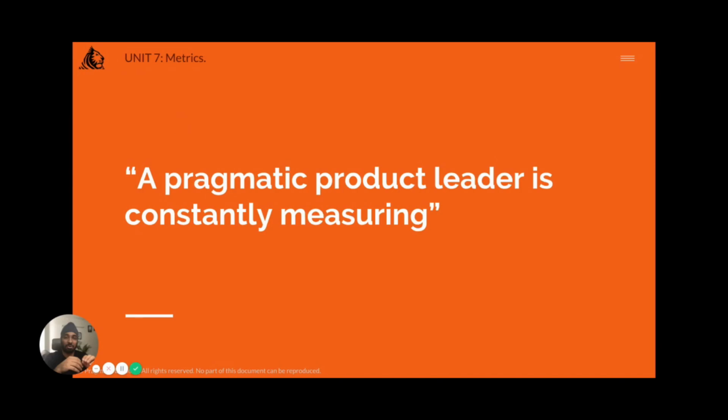Okay. Think of it like this. There are 52 weeks in the entire year. With an average sprint cycle of 2 weeks, we're talking about 26 releases. So essentially 26 impact points in the entire year. So unless and until you have a measuring mind, you are constantly thinking about whatever you're doing, how does it impact the bottom line, the top line, or whatever business goal that you're attacking. How would you improve? How do you build the right thing?